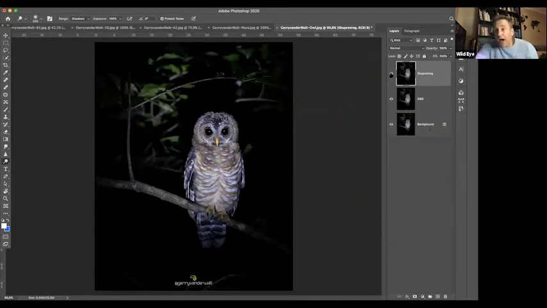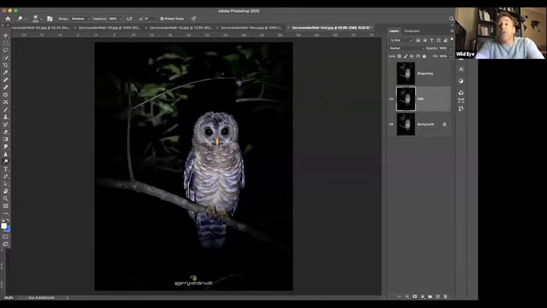So what do I do? I hide the top one and I select the bottom one. Guys, please, important, in the chat function, does that make sense? I hide the top one, so I'm not looking at it, but I'm working on the middle one. Because if you leave the top one visible and you work on the bottom one, you're not going to see it because the top one's covering it. Yes? So hide that.